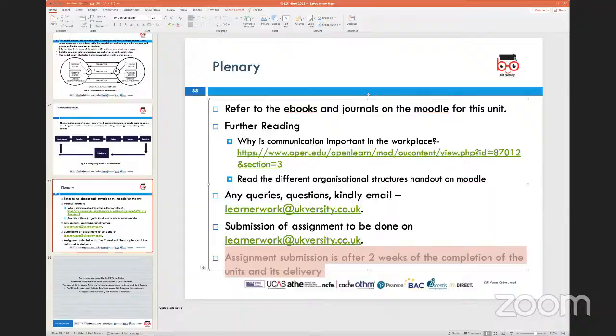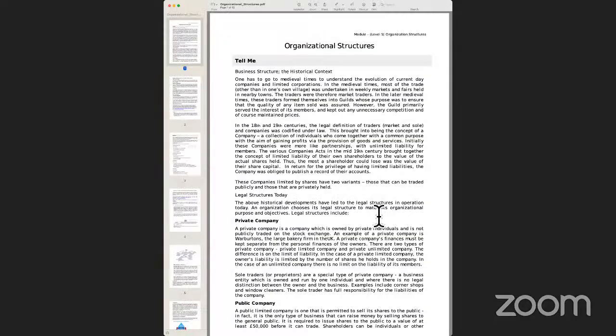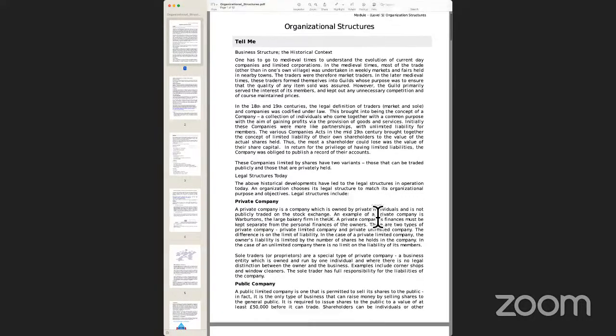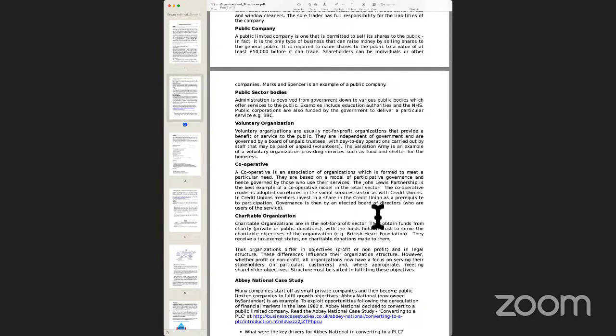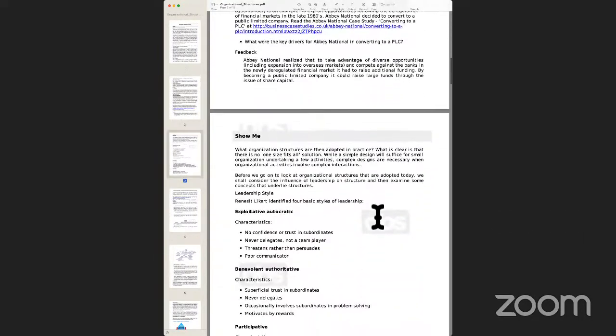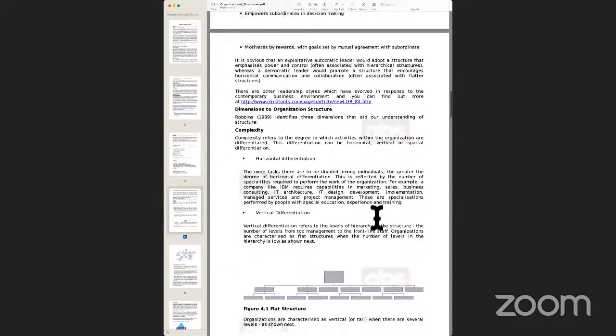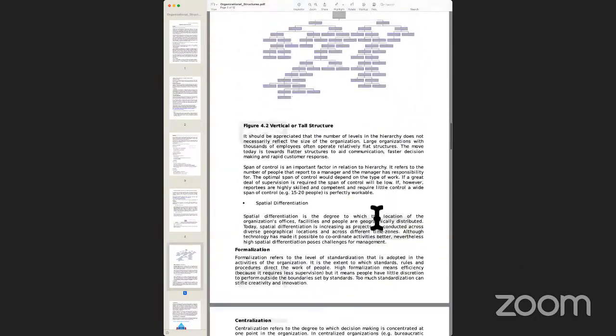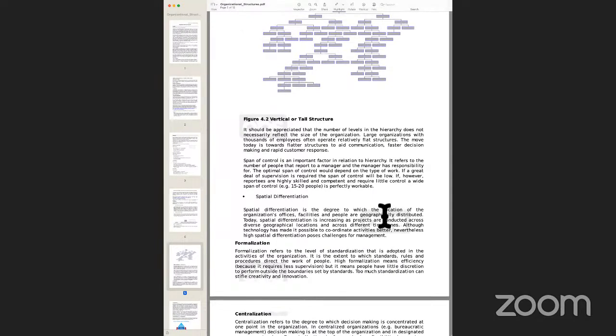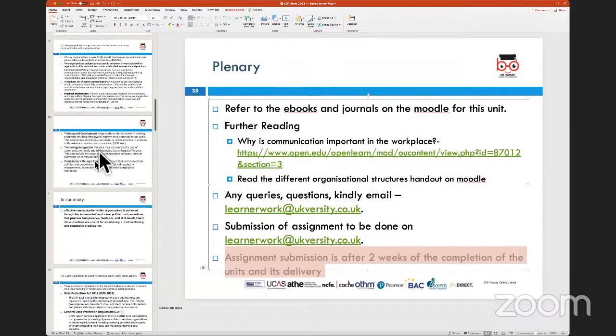While you've asked me these questions, for example, I will show you one particular handout which I'm going to provide. This handout is basically about organizational structures, how they were formed, when they were formed, how they came about. All of these are discussed in detail in this handout. So these are things I'm going to provide to you for additional reading, and they are going to be useful for you to develop more detailed knowledge and understanding of the topics we are covering in the learning outcome. Is that okay?